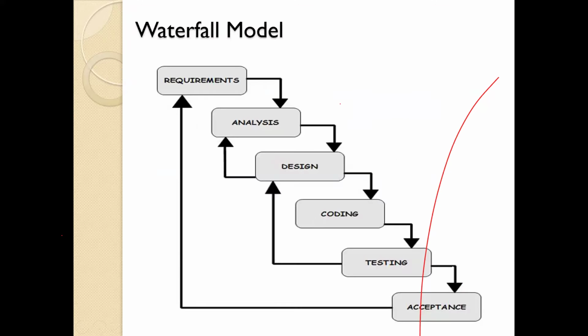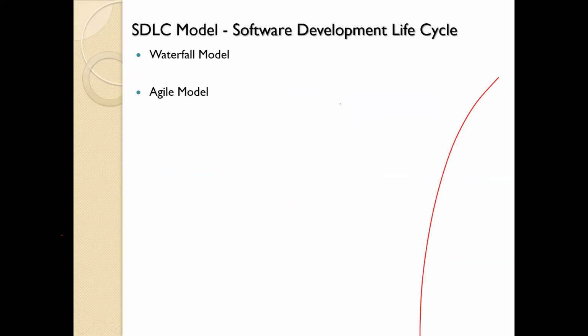We all know what this waterfall model is. All these models, waterfall model, agile model, come under the software development lifecycle. To start a project, to develop any product, companies usually follow a software development lifecycle, an approach called SDLC. By the name itself, we can understand. This is a life cycle we follow